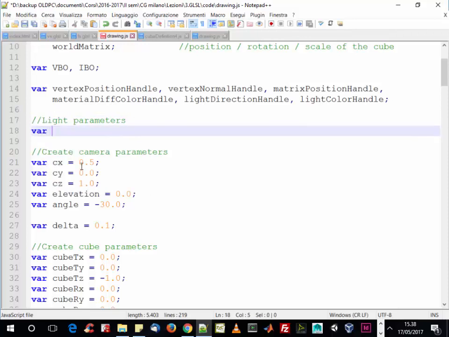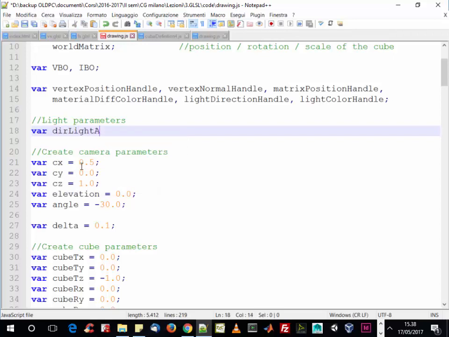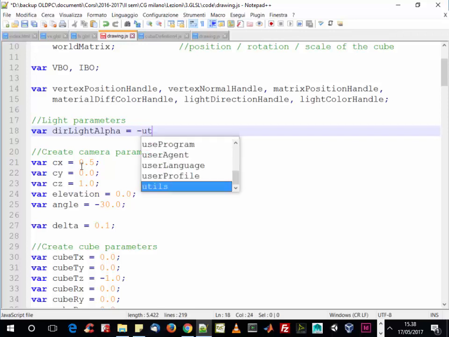Okay, let's call it light alpha, which is going to be minus utils dot